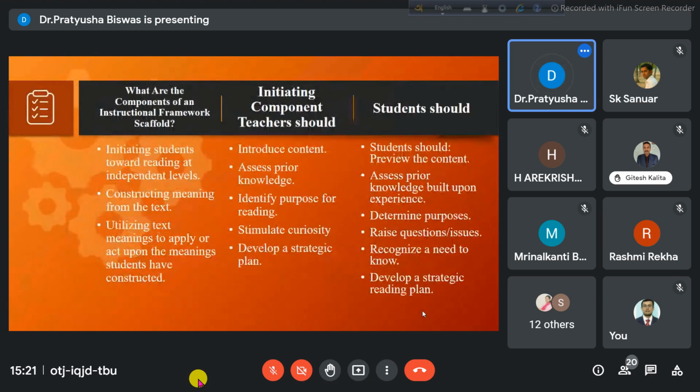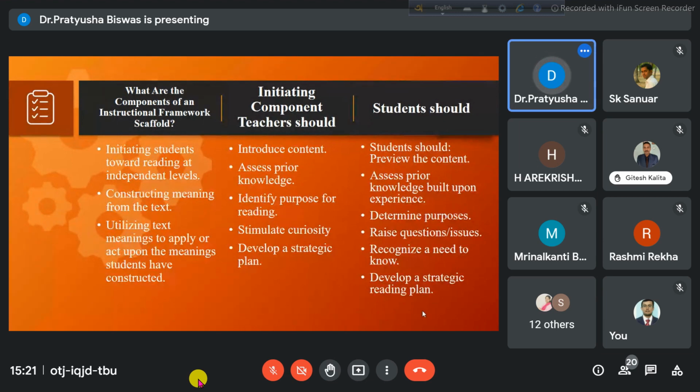Moving on. Now you see there are 3 tables that I have made. Now, instructional framework for scaffold. This is based on my language learning as a teacher, how I have scaffolded for students. But in general, the scaffolding technique is the same. I might have used different purposes for some different text or something more related to language, but you can use it according to your subject.